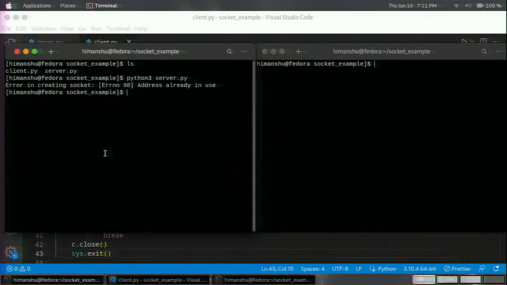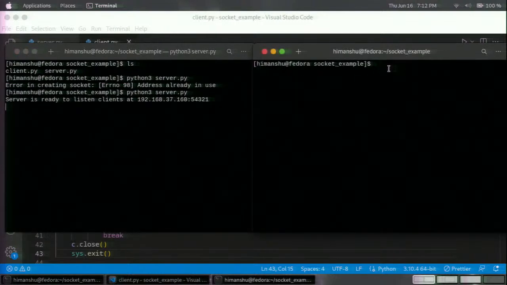Again opening this. Now this time we have got the message that the server is ready to listen to clients at this particular IP address, and on the right hand side of the terminal we need to run